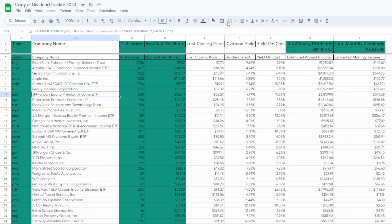I bought some more SPYI, and this is simply because JEPI's payouts have been sort of lackluster, so I'm moving some position of JEPI into SPYI, but we still have plenty of JEPI to go around. We then have our 748 of EPD, we have our 700 BST, we still have our 610 MPW, we have our 510 JEPQ, which I also have been grabbing a little bit more as of recently, and this is during the market's recent dip. We have our 300 shares of OHI, we have our 246 of NUSI, we have our